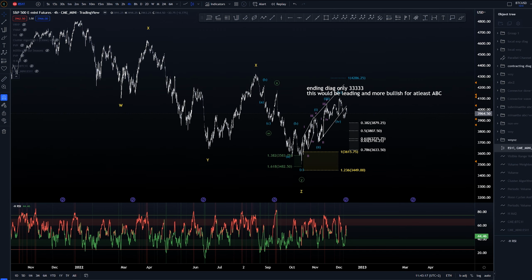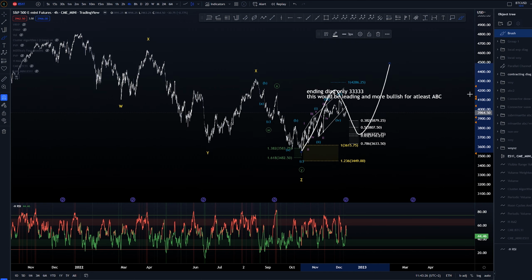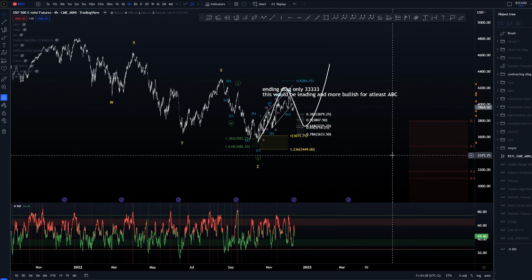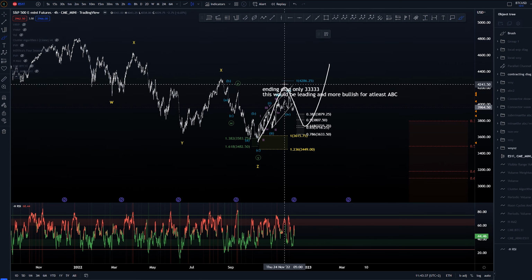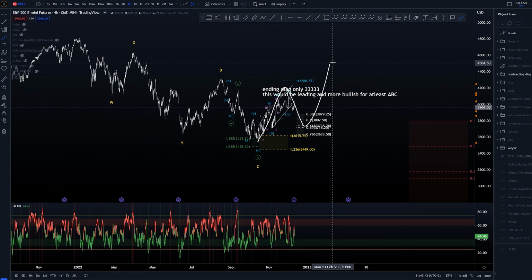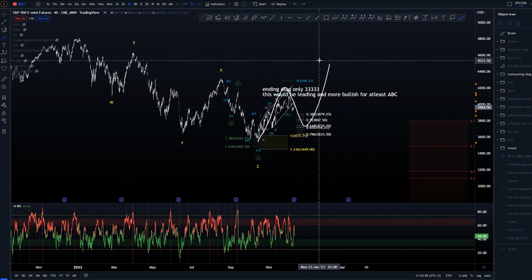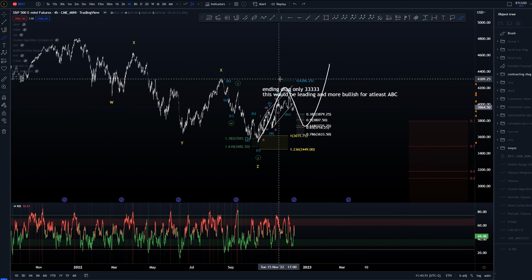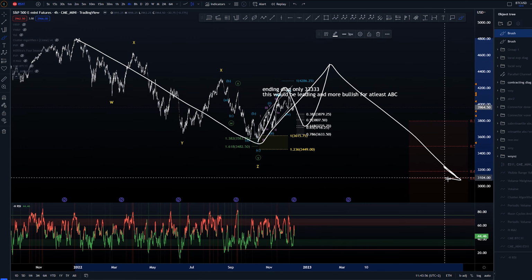It would fit the best for this WXYXZ, where this would be potentially another wave 1 or wave A of something, and then we would be creating something like this. Overall, I don't think that we are done with the correction. So I do think that if we have this as the count, then we would be looking for a creation of some kind of a move upwards here as a corrective structure instead of a 1, 2, 3, 4, 5 impulse wave structure. So this would be instead A, B, and C. So we would be connecting next this structure here and looking for downwards.